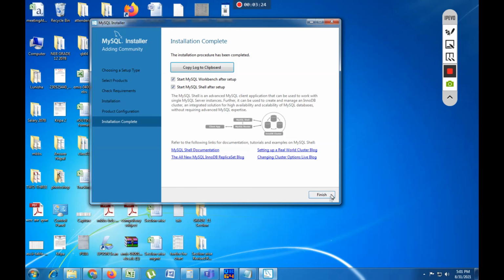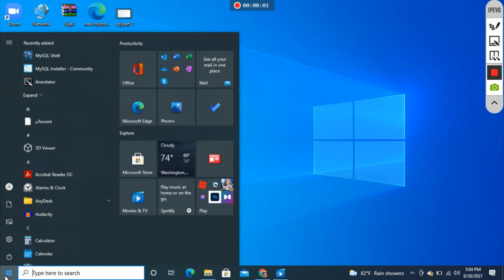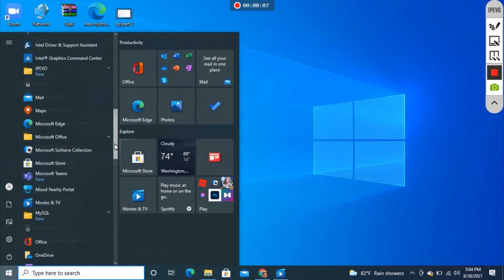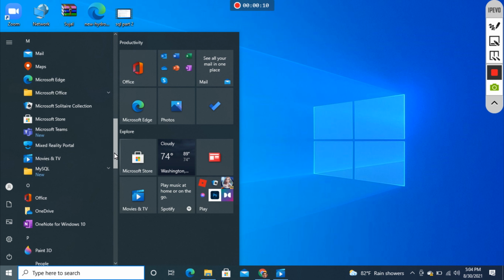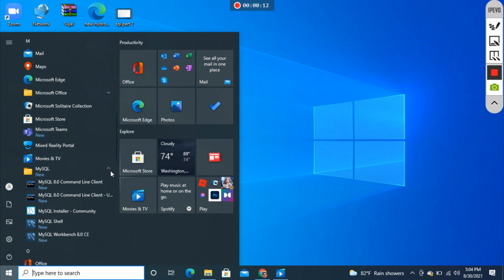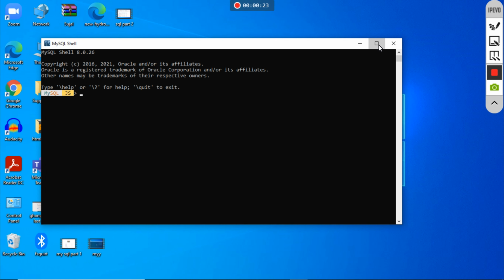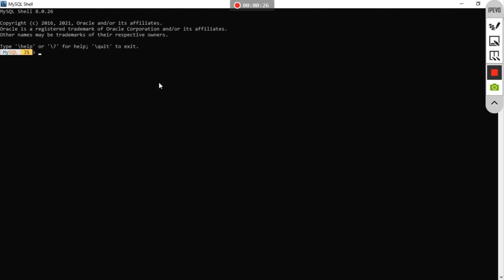Then if the server and the workbench do not start themselves, we can start them from the program menu also. Go to program menus and MySQL is there. You can say new. Then we can start connecting through the MySQL shell. MySQL shell is a command-based shell for controlling SQL and connecting to SQL. We can start /SQL to connect in SQL mode. Then we can connect to the root, /connect root